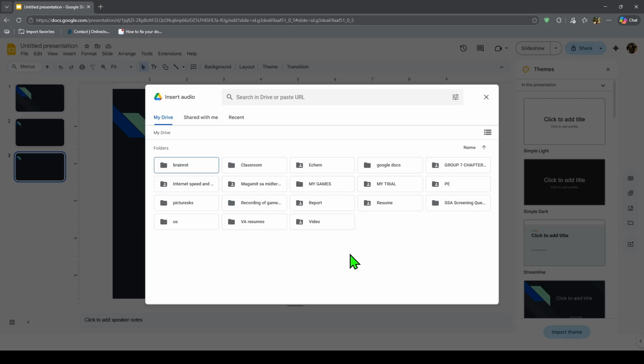so the steps are simple. Open your slide, click Insert, choose Audio, select your file, and then adjust the playback settings to control when and how the audio plays. That's how to insert audio in Google